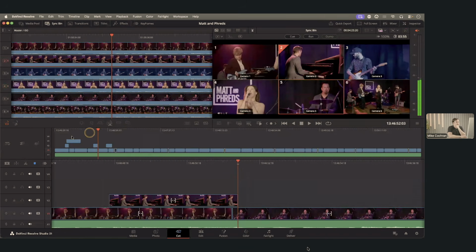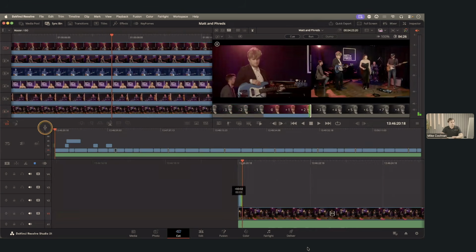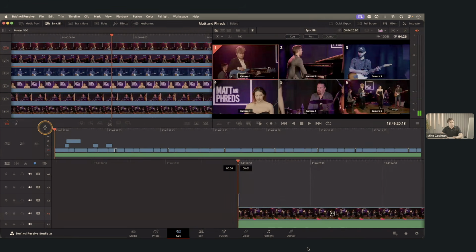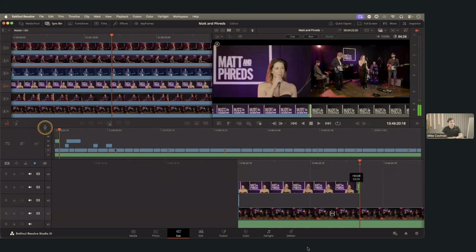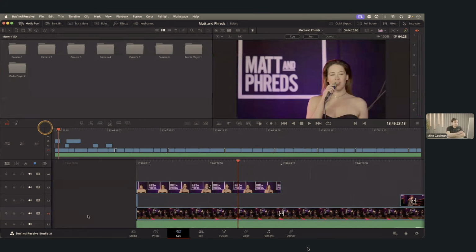So if I go over, let's have a look. I'll actually just put this clip number 1. Let's put not that angle. I'll actually go for angle number 4 here on top. So if I just go back into the timeline mode here, if I select that clip now and go into